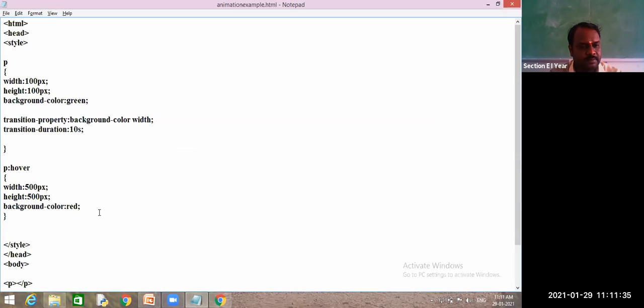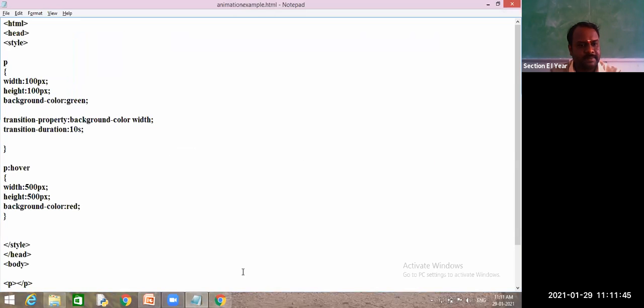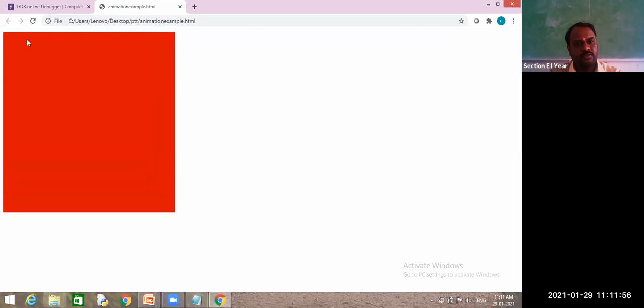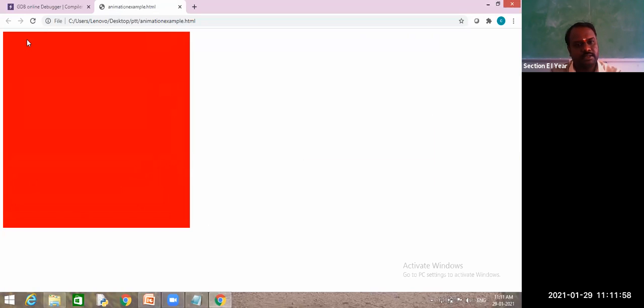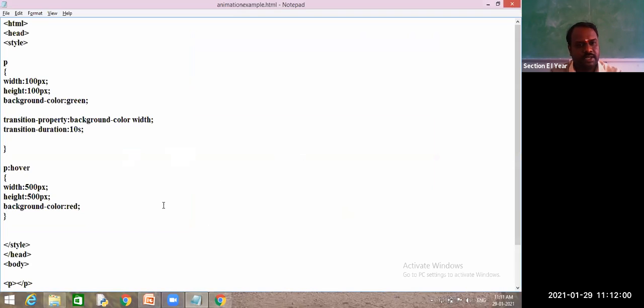What happened with the spelling? HEIGH. What happened? Both are applied immediately. Height and width both have applied immediately, even though I have written width.